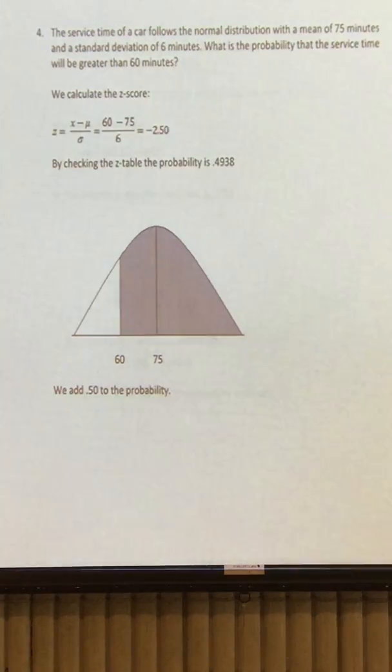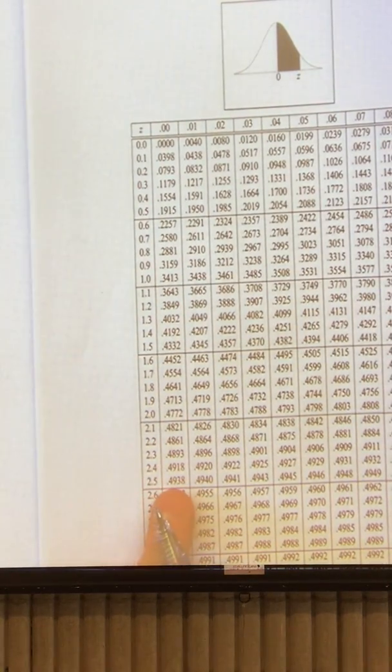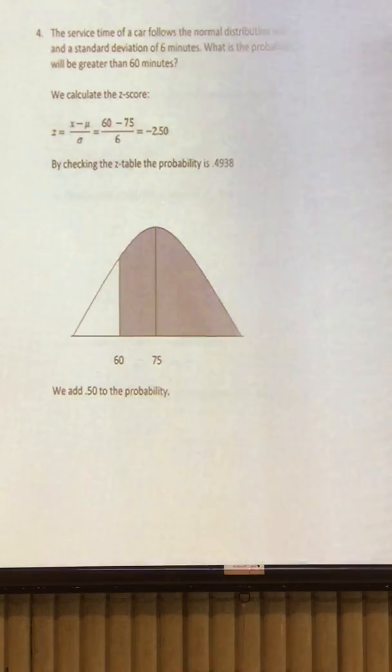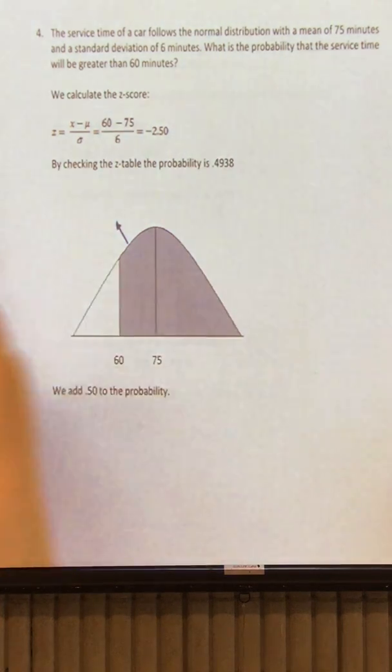Let's move on with the next problem, problem number 4. For this problem also, we already calculate the z-score. What is the x? X to be greater than 60. The mean is 75. And then the standard deviation is 6. So the z-score is negative 2.5. And if we go back to the chart, for 2.5, it doesn't matter if it's negative or positive. It is the same probability, 0.4938. So in this case, the probability between 60 and 75 is